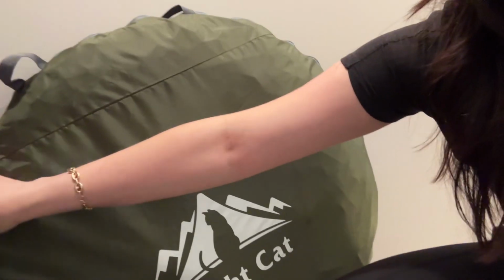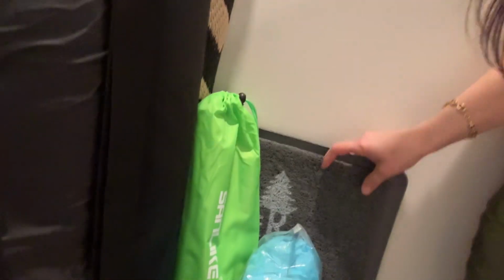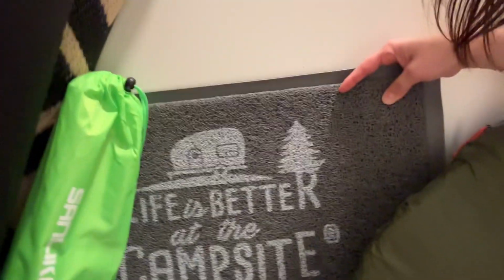I have the poles here for the tent that's gonna go over my car. I got a tree hammock, so you tie them to 2 trees and you get a little tree hammock. And this little tiny thing, believe it or not, that's a chair. Like, it's tiny, but a chair actually folds out of this. And that's pretty much, oh, and I have a little area rug so we don't bring dirt into our little